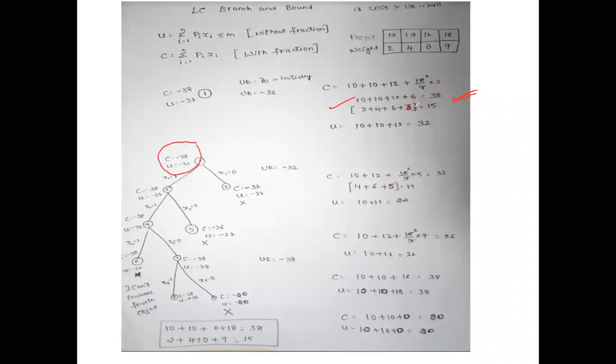Is it clear? So we have done with cost, and we should also calculate the upper bound, is it? So how will we calculate the upper bound? I told you, calculate the upper bound without the fraction. So don't consider this fraction part. The remaining part in the cost, just consider in upper bound and calculate the value. So 10 plus 10 plus 12. So what is the value which you got? 32. Correct? Why are we not selecting the fourth item? Because while calculating upper bound, we should not consider a fraction. It should be done without fraction. So that is why it is 32. So u is equal to minus 32. Did you get till now?